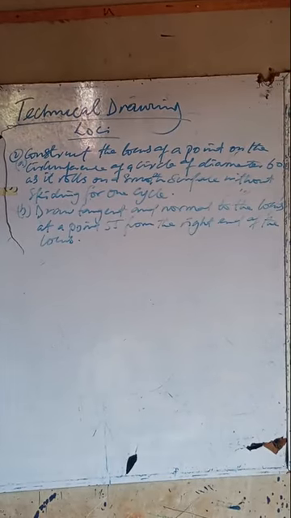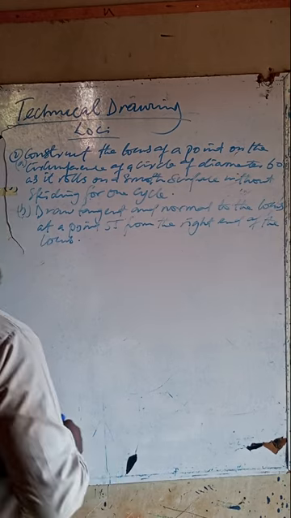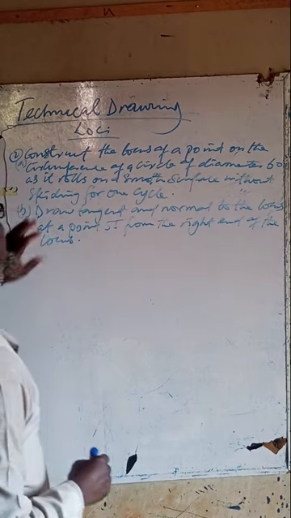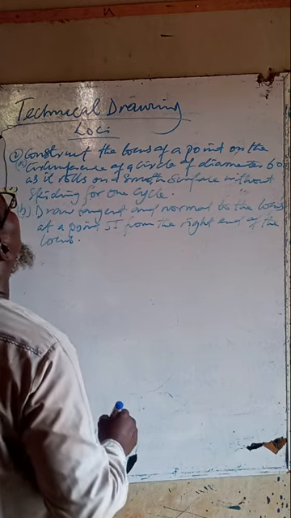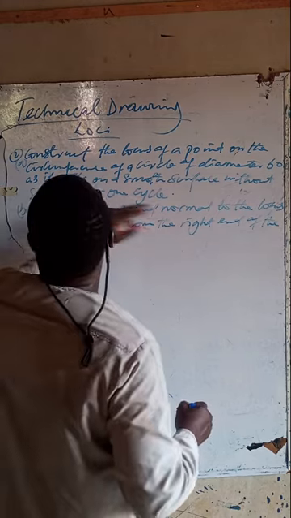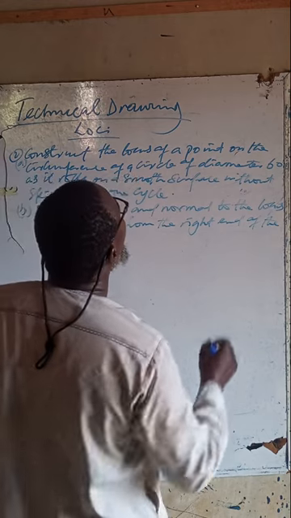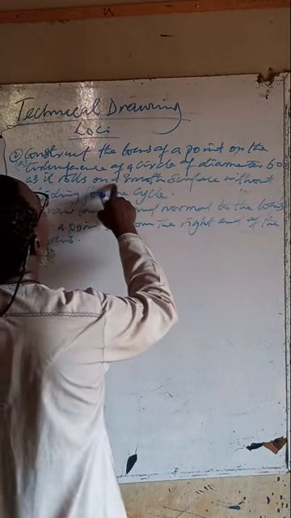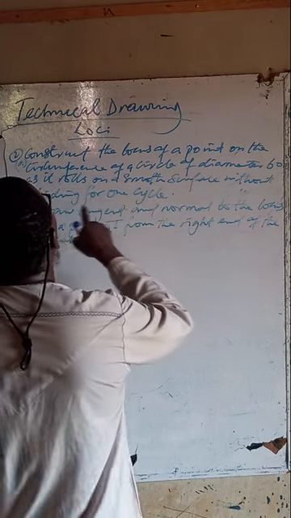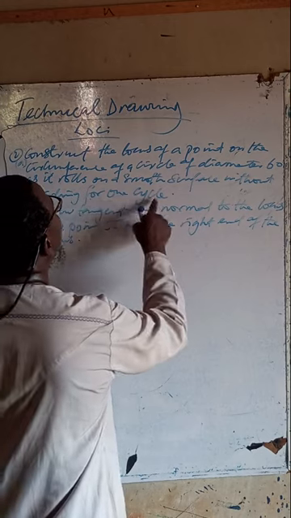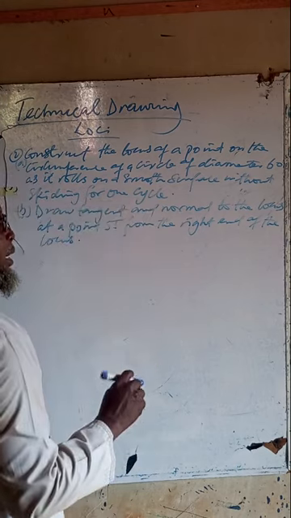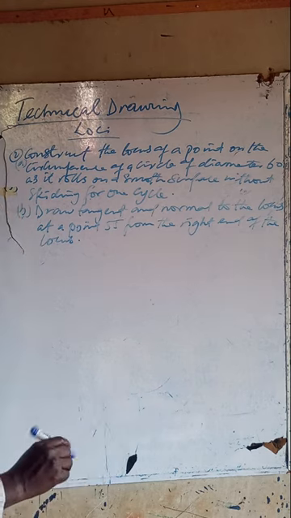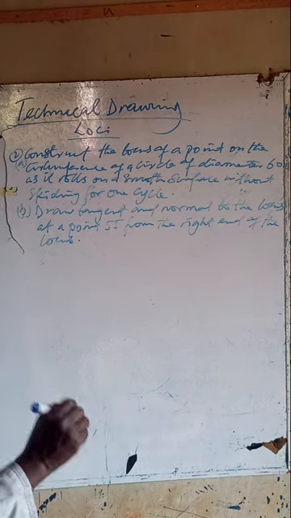In this video, we'll be solving a question from the topic LOCI, and we're to construct the locus of a point on the circumference of a circle of diameter 60 as it rolls on a smooth surface without skidding for one cycle. Now, in this type of question, at times you may be asked, after you have constructed your locus, to